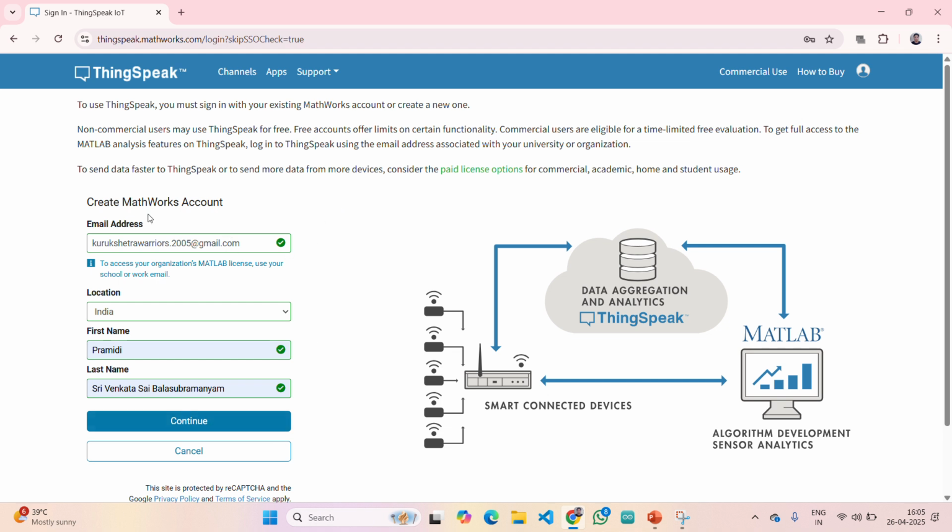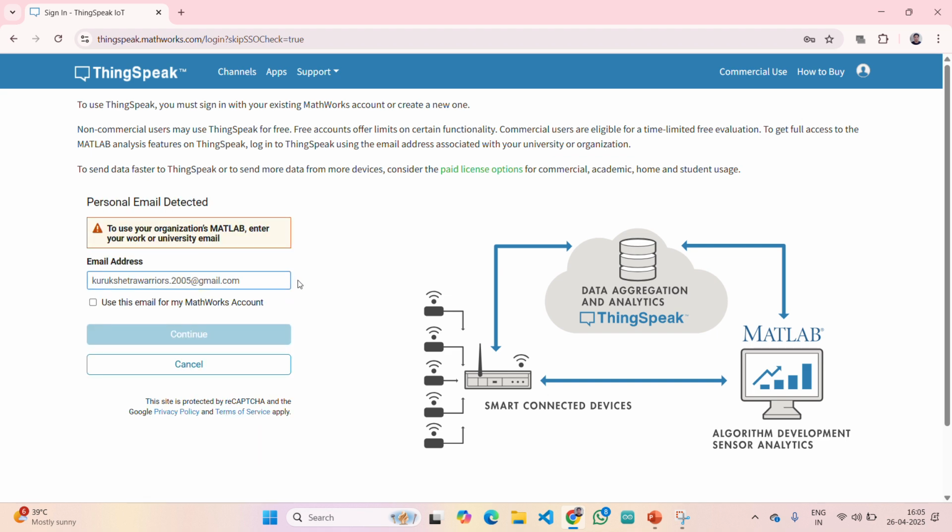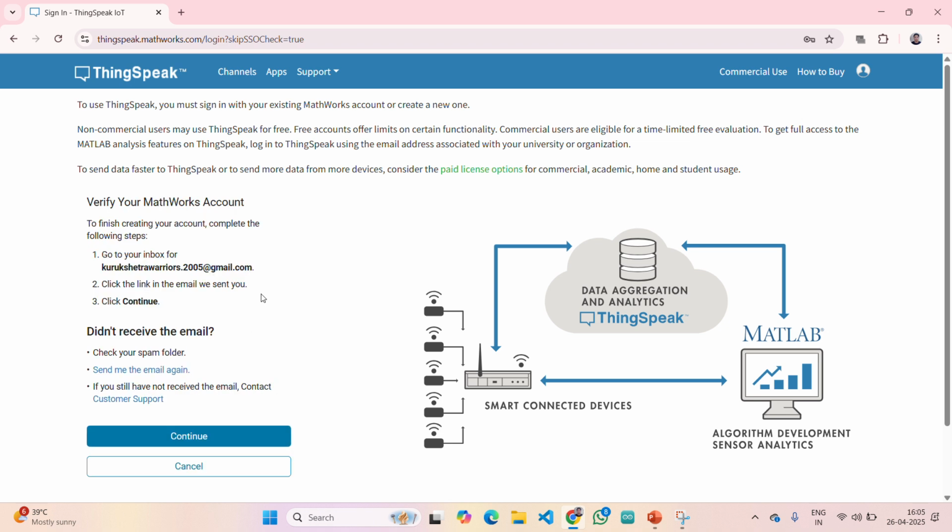Once you fill the details, click on continue. Then you need to select this one, use this email for my MathWorks account. As I told, it belongs to MathWorks, so it is asking regarding MathWorks. You need to agree to all the conditions.